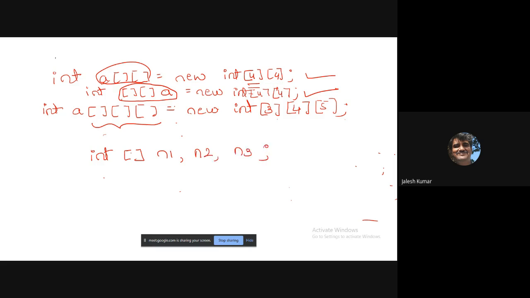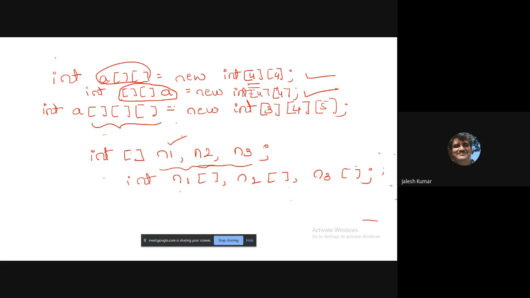See this. Normally, if I declare like this, what assumption does it give? It gives the assumption that n1 is an array and n2, n3 are variables. Is it not? Normally, because I told you that you can declare this array before or after. But in Java, if you write like this, it is nothing but writing n1, n2, n3, three arrays, n1, n2, n3.